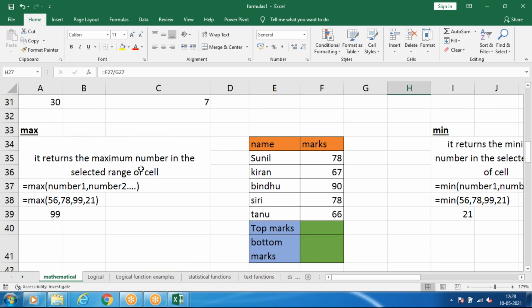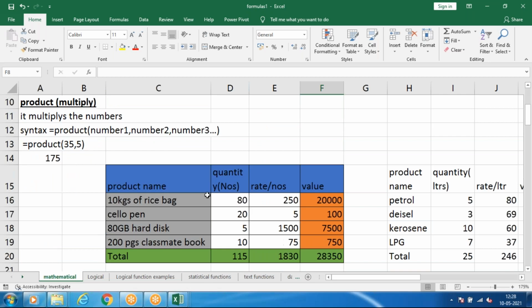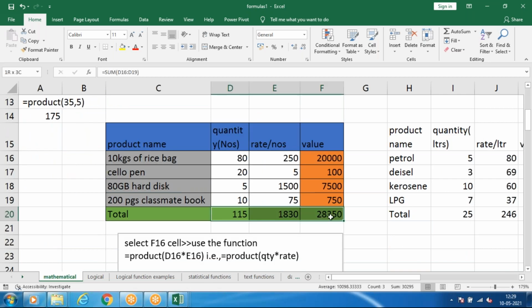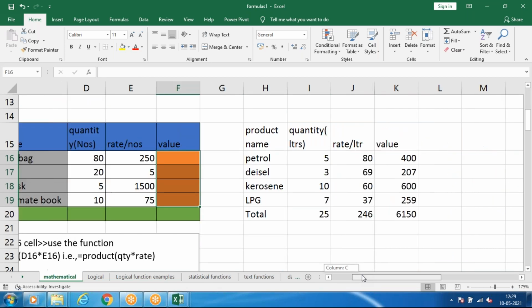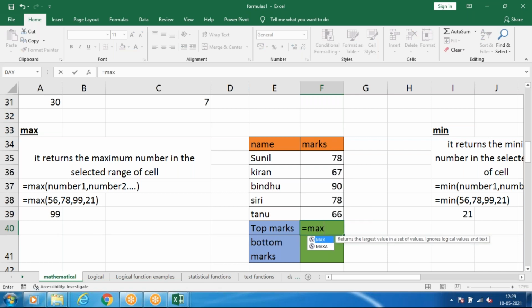So again, maximum we have already seen. If I give any values, and I want to find which one is maximum, you can find it. In this, just put equals max, tab key to select the formula.